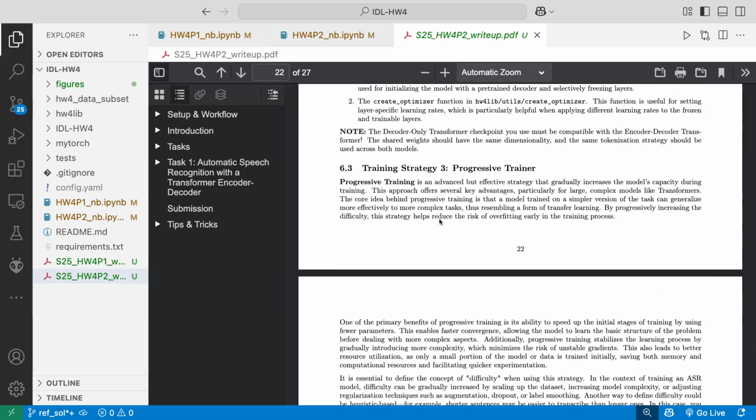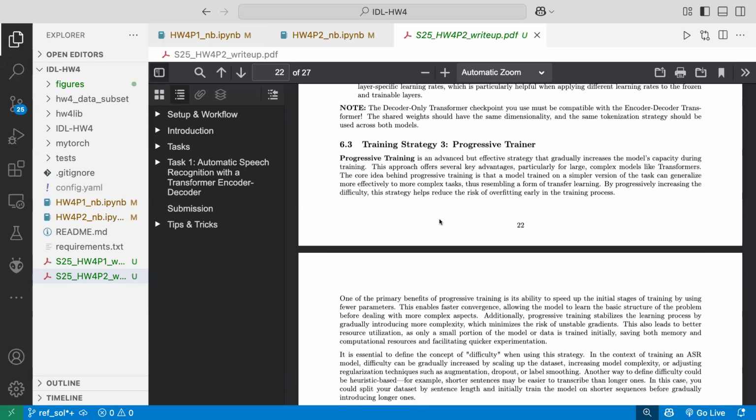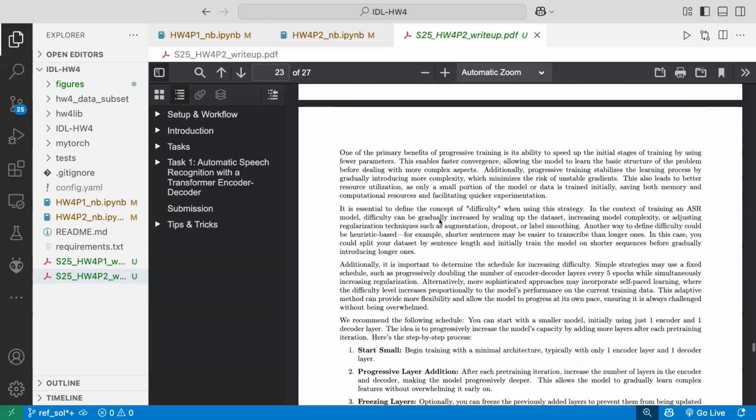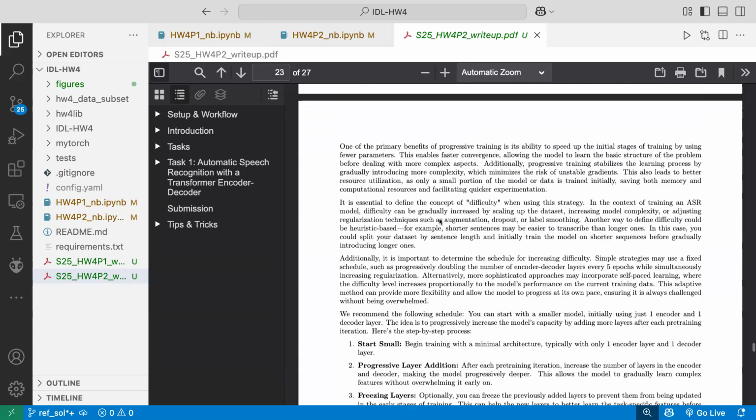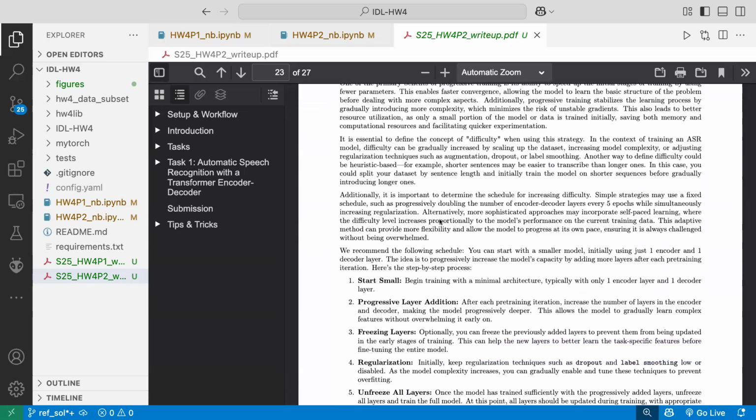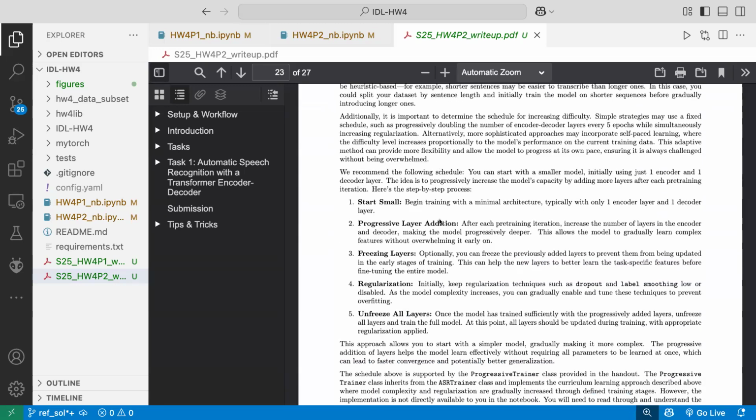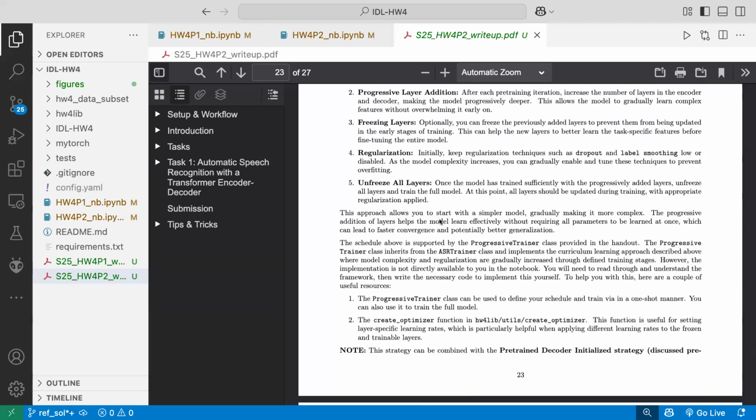Yeah. So it's motivated by this core idea that a model that is trained on a simpler version of the task can generalize more effectively to complex tasks. So you gradually increase the difficulty of the task. You can do this by scheduling the layers you have at each stage, or you could also add, let's say, stage 1, I have no dropout. Stage 2, now I have dropout. Stage 3, I have no augmentation. Stage 4, I'll add augmentation, right? So you make your tasks harder at the same time increasing your model capacity